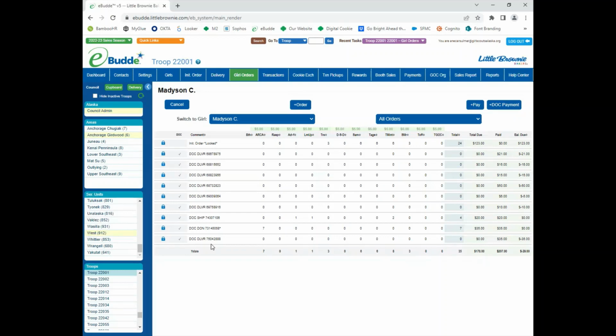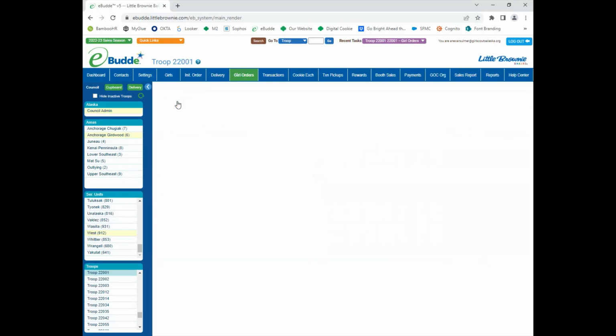So this is a girl that has a little bit more going on. As an example, negative $29 means she needs more cookies. We can also look at